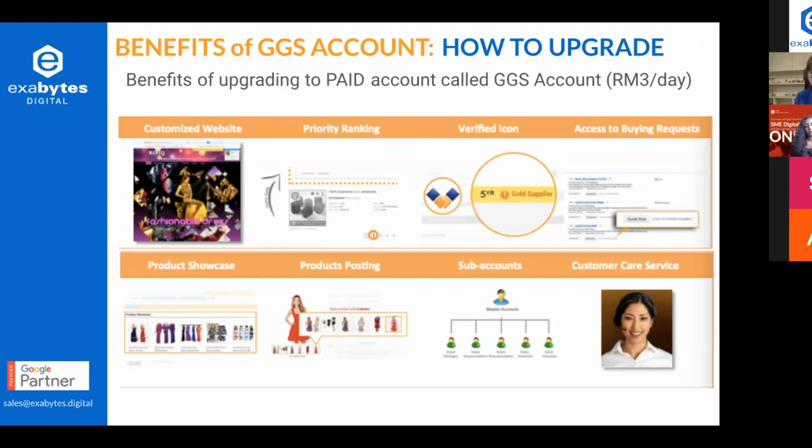And they have a verified icon which helps you convey trust to other buyers. And you can also access the buying requests. And one thing I feel is very important is the data analysis, which you can get from the system. This can help you see the trend of supply and demand.